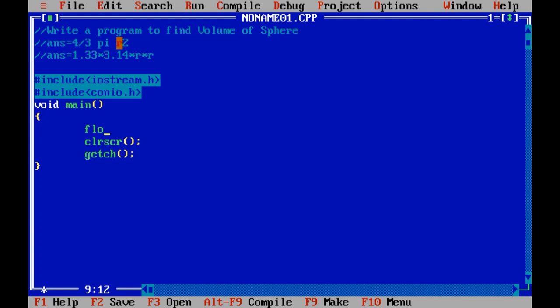Now the data type is float because the answer may be in the form of point. So I am taking float data type and 2 variables I need to declare, that is answer and r.